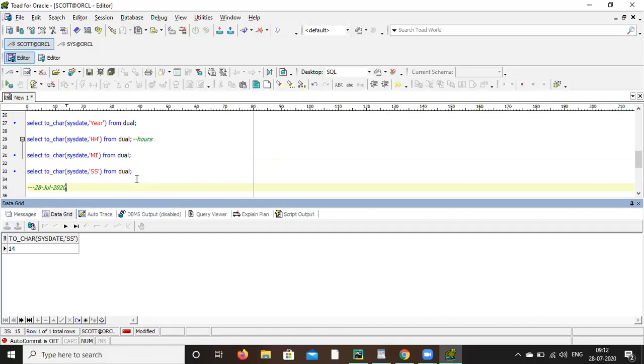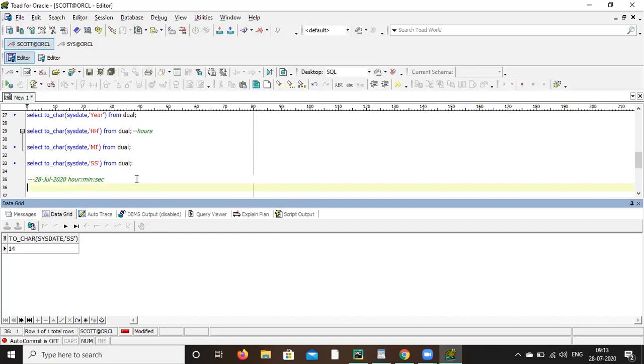And then space and hour. Hour means 9 o'clock. You can write hour colon minute colon second, space. What is today's day? Tuesday. TUE day. I want this format. Today's date. Can you do it?